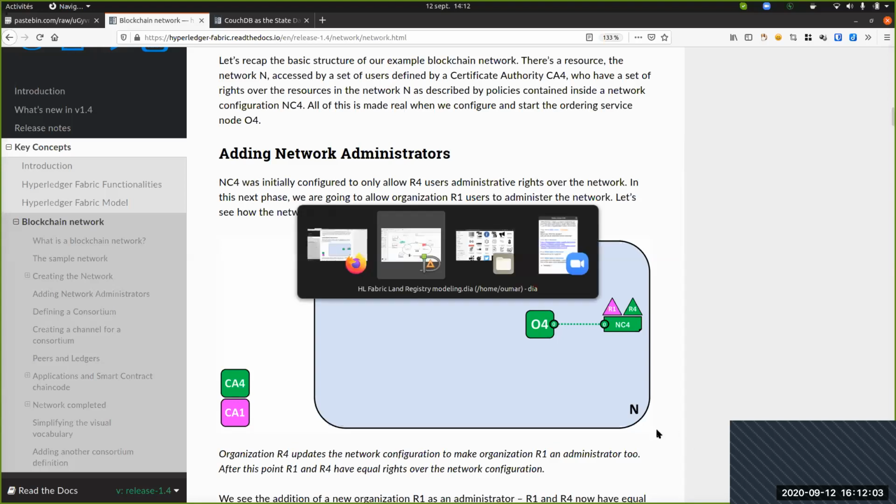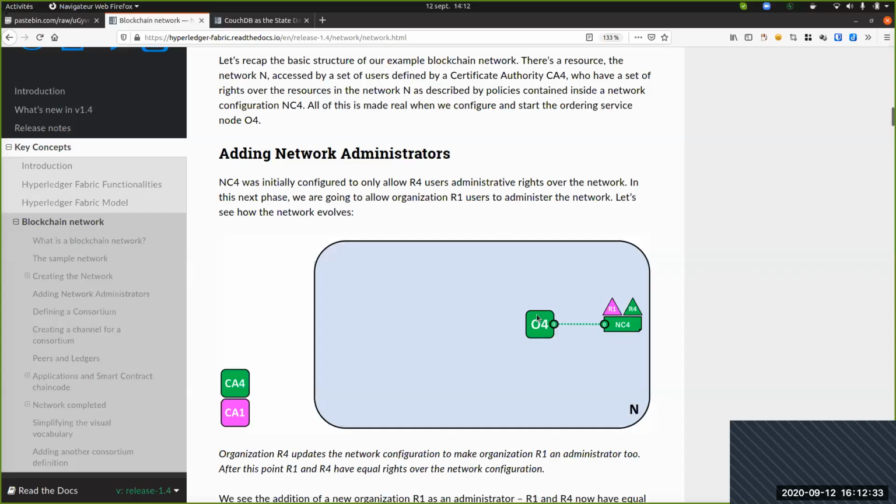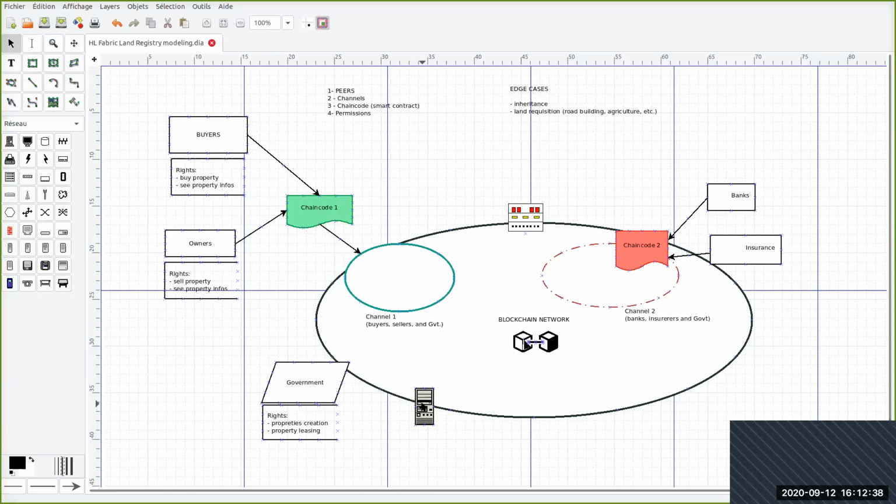In our land example, you cannot sell a property before you have it, and that information can come from the date of the leasing or of the buying or of the land allocation by the government or someone else. So the orderer is the first piece that comes into the Fabric blockchain network. So we are going to represent it here